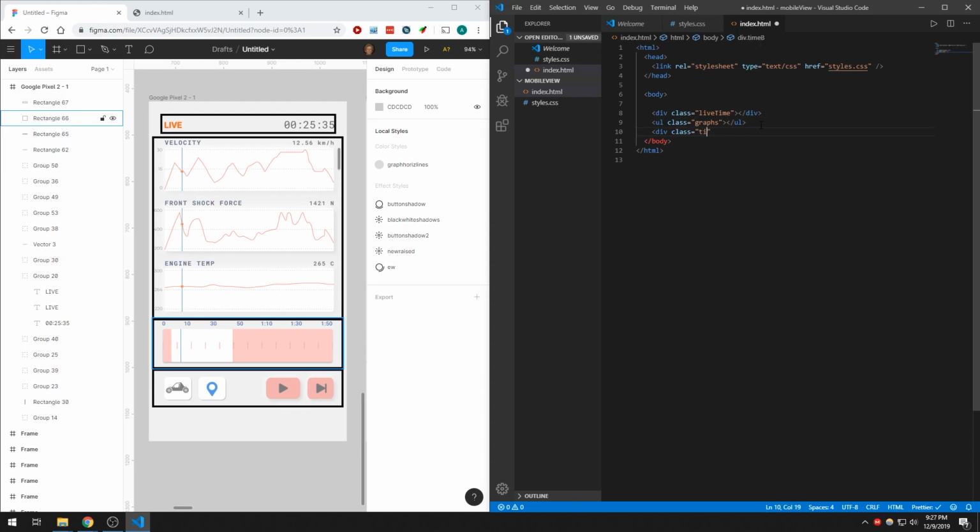time bar, and then we're going to go div class equals buttons. Well, let's call it nav buttons. Okay, so we've got all these divs and stuff in the UL, and what we can do now is